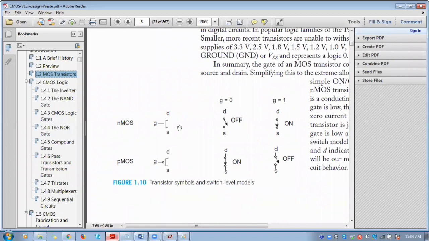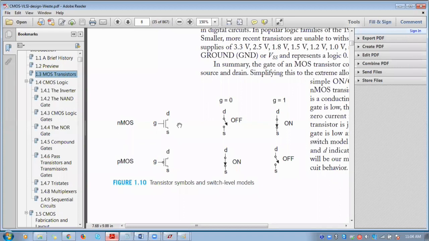NMOS and PMOS both have four terminals, mainly gate, source, drain, and body. But most of the time the bulk or body or substrate pin of both NMOS and PMOS is connected to the source directly.